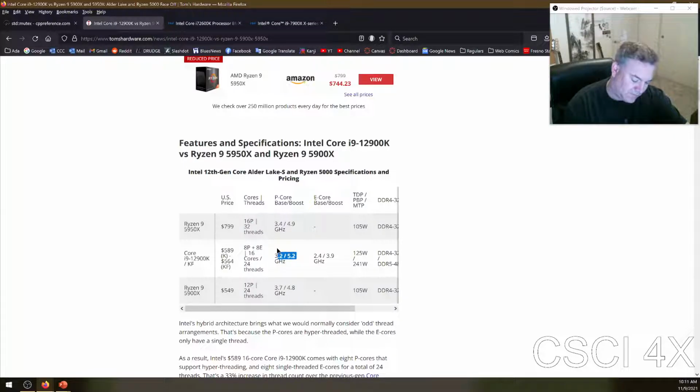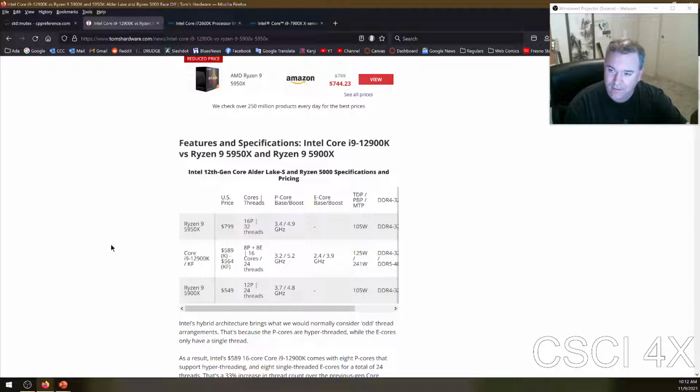What happened was instead of speeds doubling every 2 years or so, we're getting more and more cores. And the trouble with that is that if your program is only single-threaded, in other words, if a single-threaded program will run on one core, then it's really not going to be that much faster today than it was 10 years ago. Okay? Now, the Alder Lake